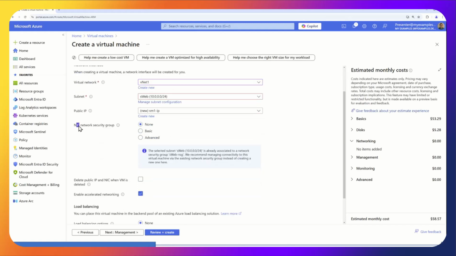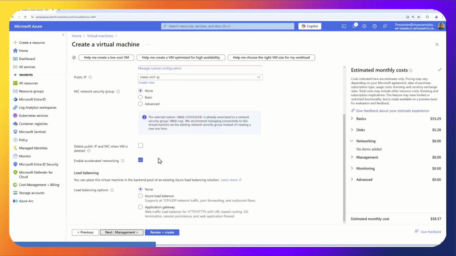Here, remember when I said you can have a security group on a subnet or a NIC? So here's where you would apply it. And all these changes I'm making, after you create it, you can go back and edit. You can change them. But I don't want any security group on my machines. I want to treat all the machines the same in the subnet and manage it at that level.